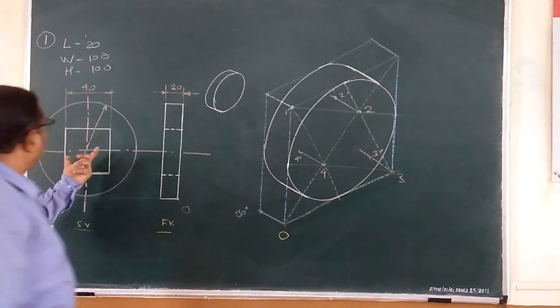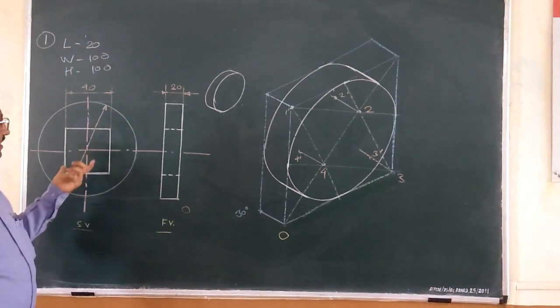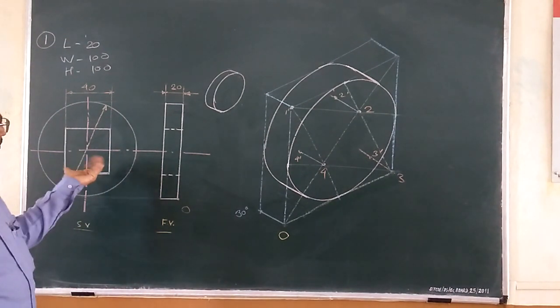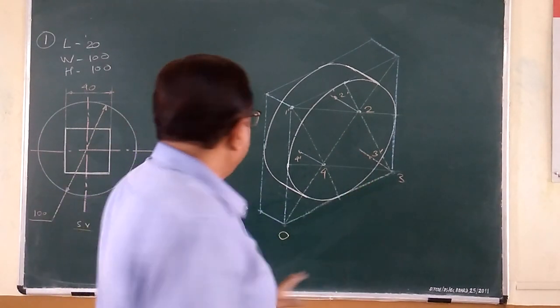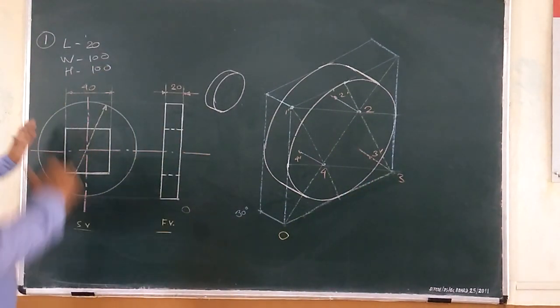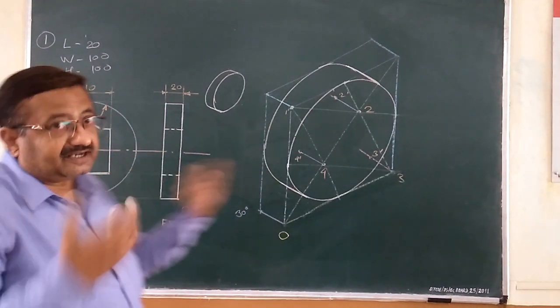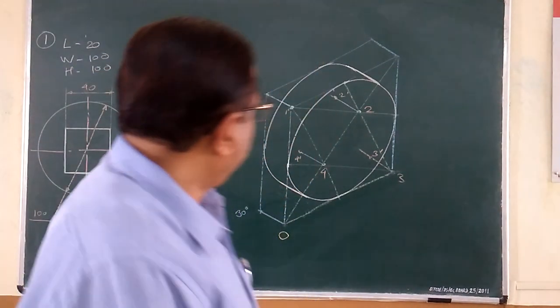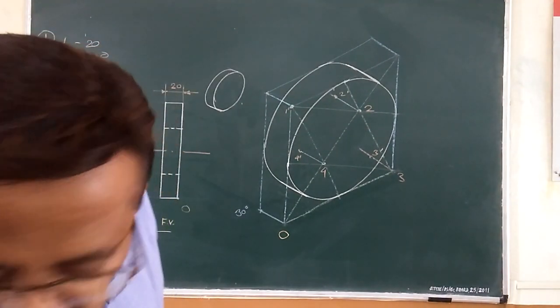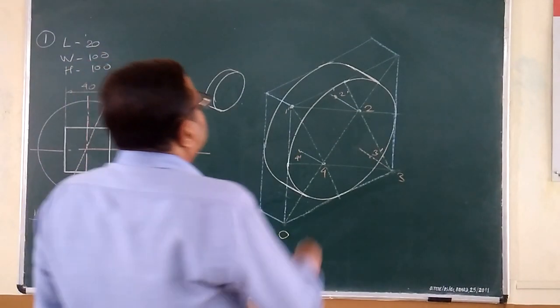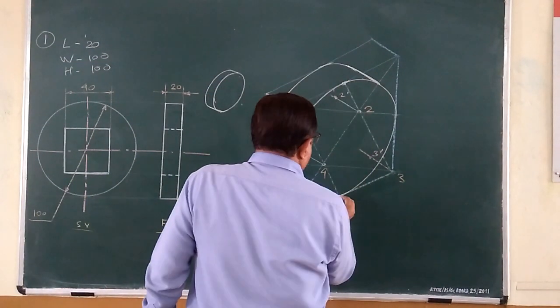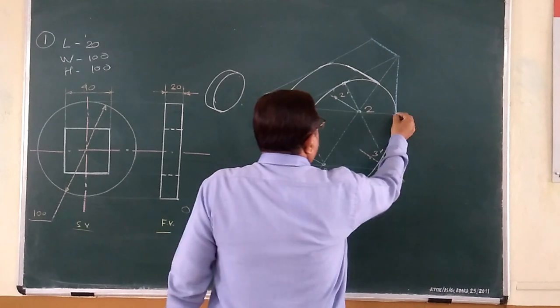Only the square which will appear in ortho remains. Now again you have to convert that square into a rhombus, because the moment you hold the plate three-dimensionally this way, this square will start reflecting its image as a rhombus. Okay, now that rhombus we have to construct here. Now these are the centers of the vertical as well as the left vertical.